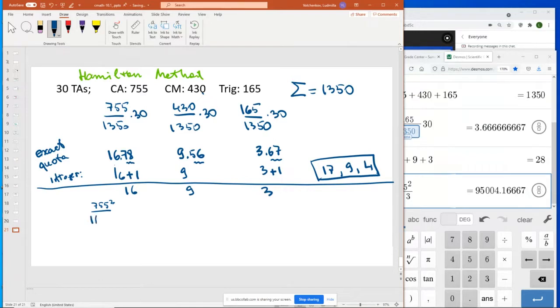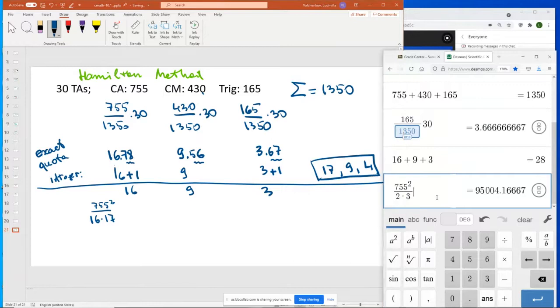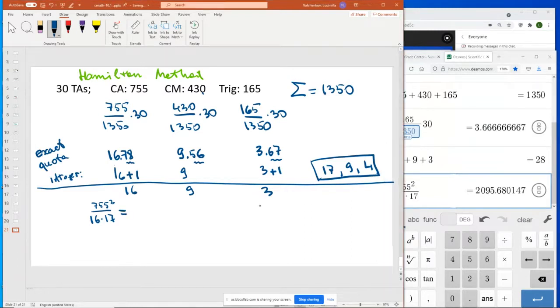So the present number is 16, the next will be 17. We decide about the next. Suppose that this is the current apportionment, and the next will be 16 times 17. You see, 16 and 17 are both in the denominator, and the HH number will be